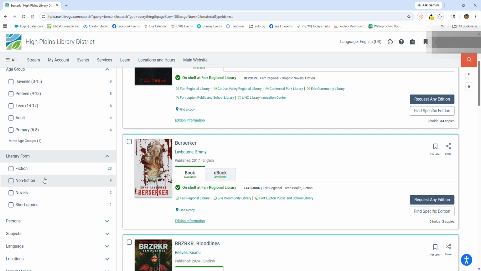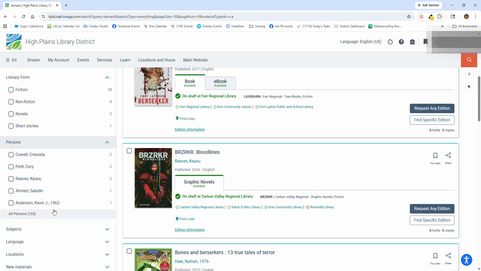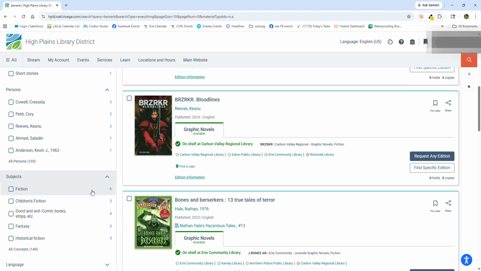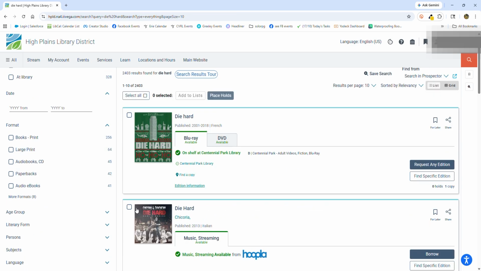You can change between fiction and nonfiction. You can also get some more specific things here: subjects, persons, etc. Persons are usually authors or illustrators. But if you were searching for movies, for example, you can look up Die Hard and you could see,